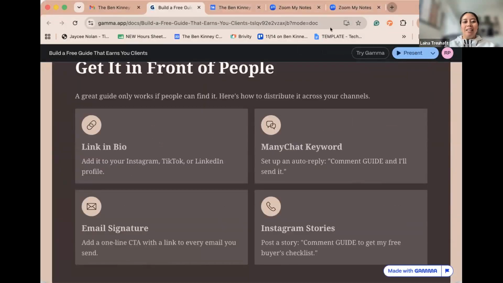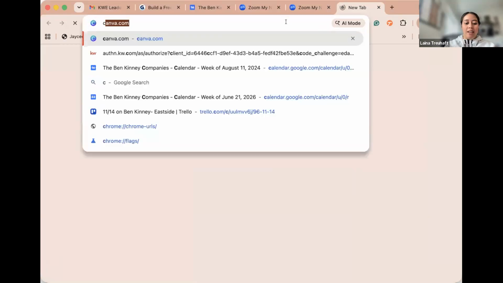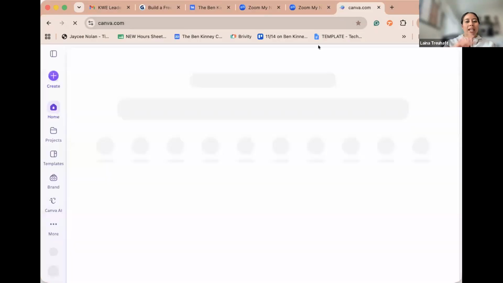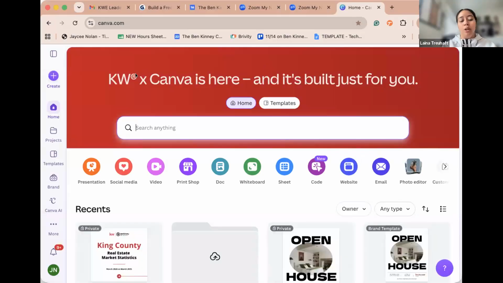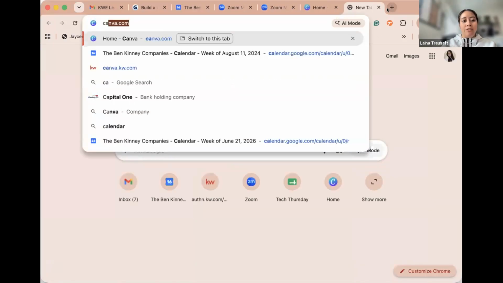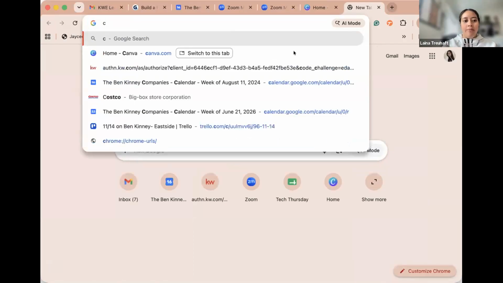Let's hop into Command, and I'll show you guys a shortcut to get into Canva. So this is our Canva AI extension. When you log into Canva, to make sure you're in the right account, you'll definitely see the KWX Canva banner. If you haven't logged into Canva,